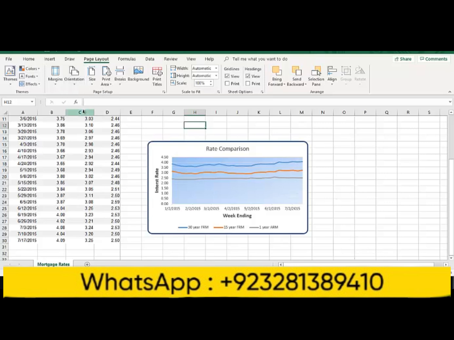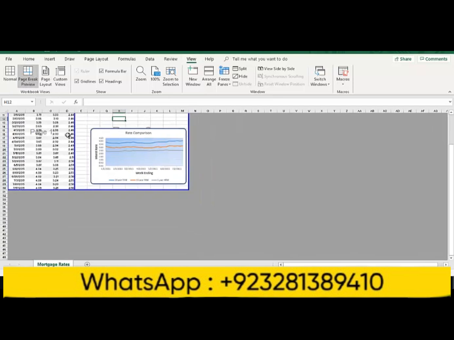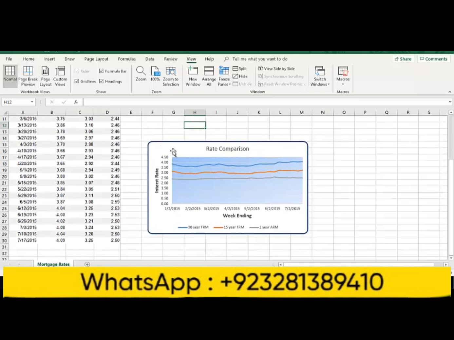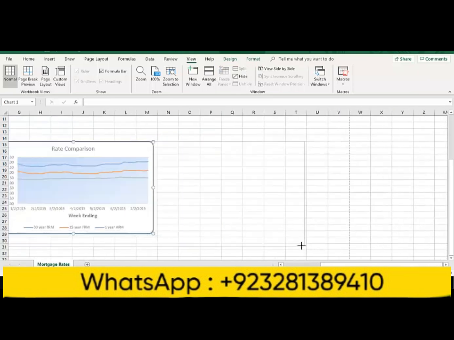Now, I want to go ahead and make sure that my chart is still all on 1 page. So I'm going to go back to my View tab, go to my page break view. Sure enough, my page still fits. So I'm going to go back to my normal view. Last thing that I want to do is I want to click on my chart and I want to make it a little bit bigger. So I'm going to go to the bottom right handle and I'm going to drag it over a ways just so